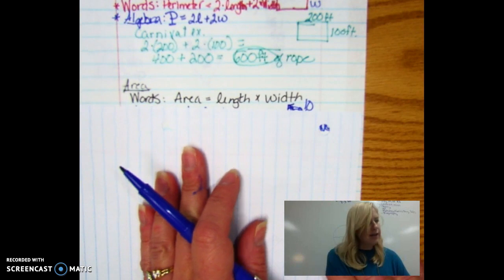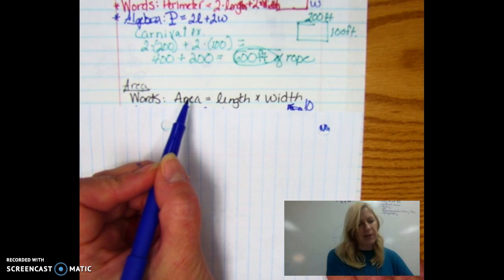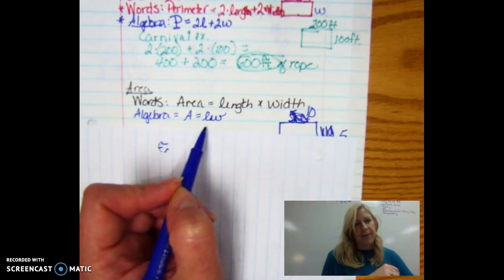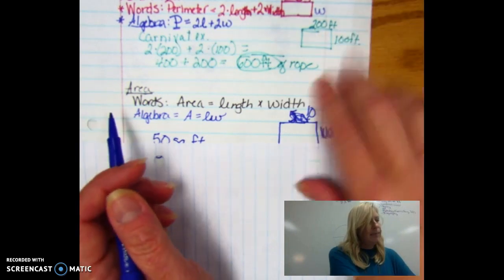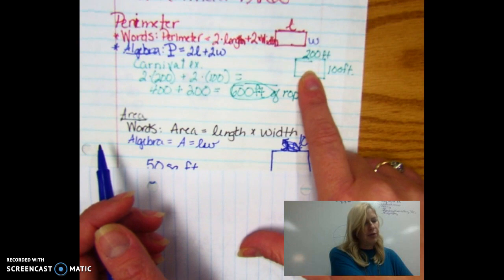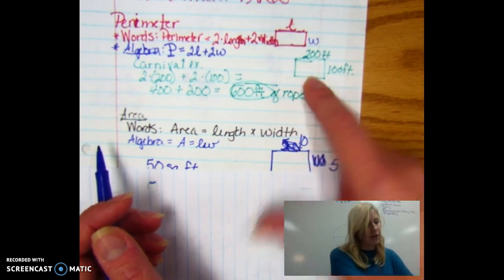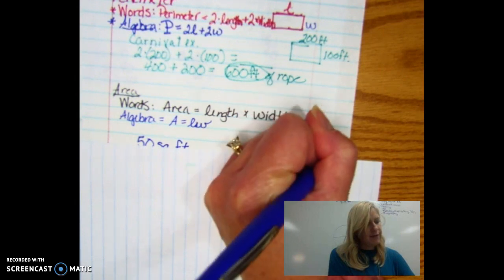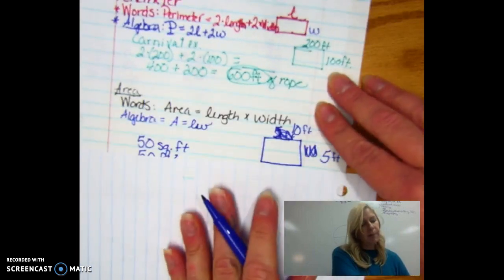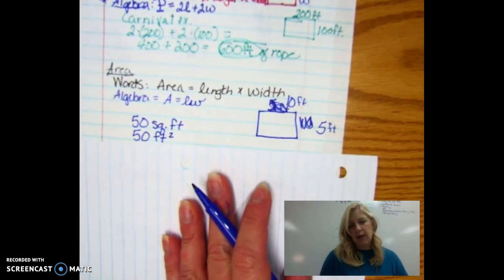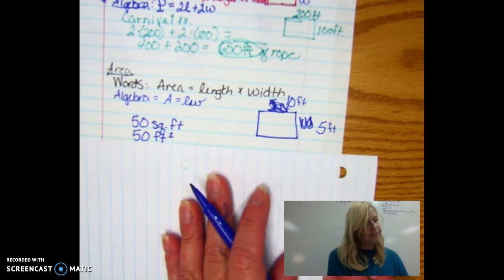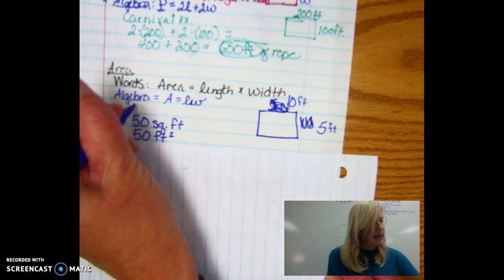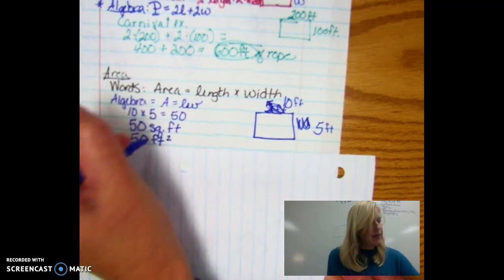So area is, I think, more simple to find because it's just a simple multiplication. You just take the length times the width, okay? So A equals LW, all right? So up here, if you wanted to find the area, you would have to do 200 times 100 to see how much area the carnival took up. I'm going to do this one: this is 10 feet, and this is 5 feet. To find the area, this is like to cover with carpet squares, or to find how many square feet of, say, mulch you need for a garden. You just take the length times the width, and that is 10 times 5, and that's 50 square feet